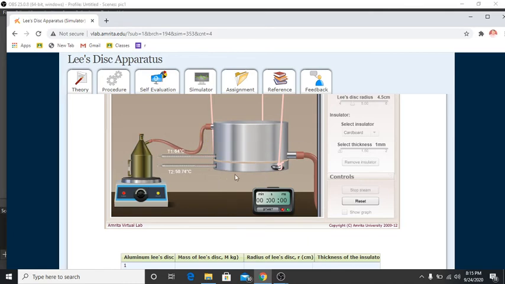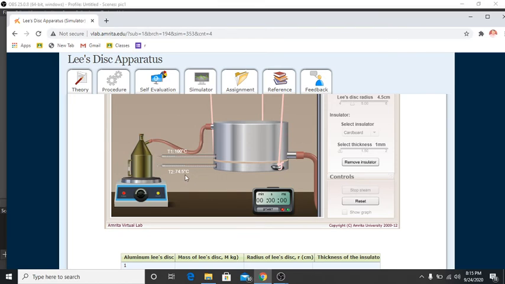When you attain the steady state, you have to remove this cardboard and raise the temperature of T2, that is the steady state of the lower disc, by 10 degrees. That means if you are getting 70, then you have to raise it up to 80 degrees. It will approximately go to 100 degrees centigrade here, and here it will be somewhere near 70 to 80. So we are getting this, almost done. It is here 100 degrees centigrade, and it is 74.